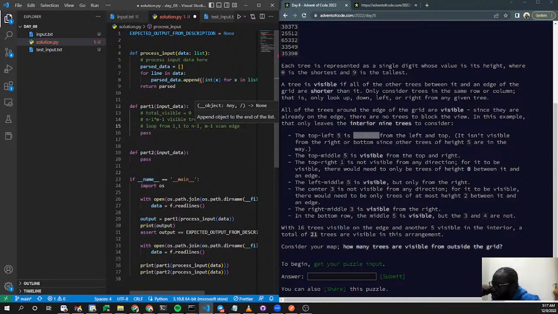And visible is so long as there is one tree in the neighborhood which is less than it. It's visible from the left and top. It isn't visible from the right or bottom, since other trees are blocking. So this is not total visibility, this is just partial visibility. And so scan the neighbors and